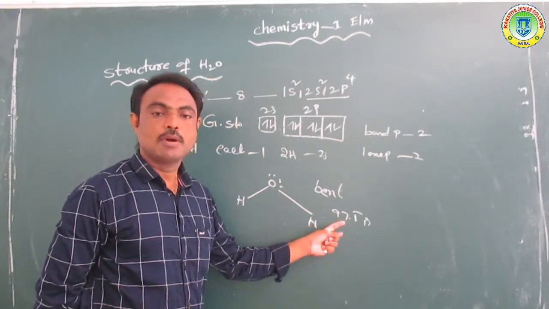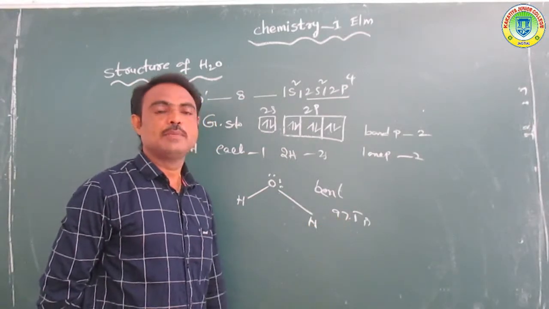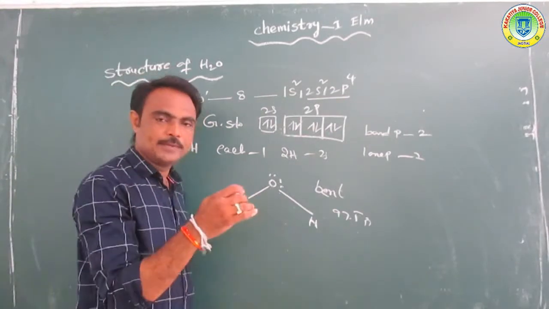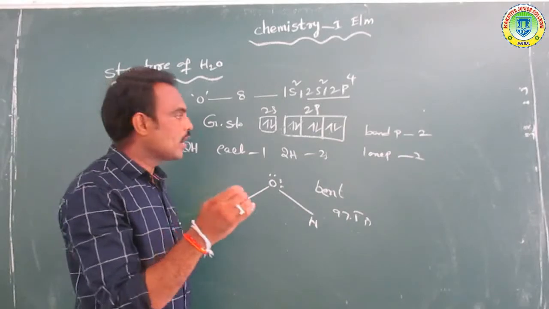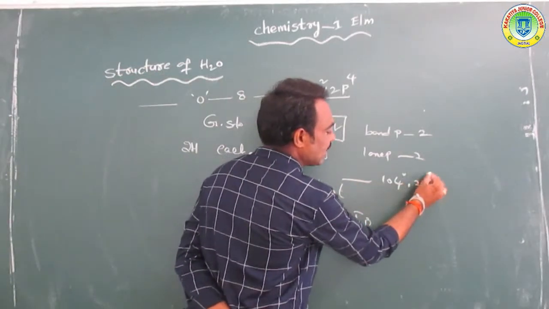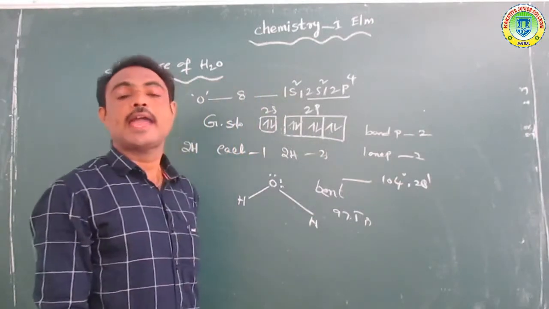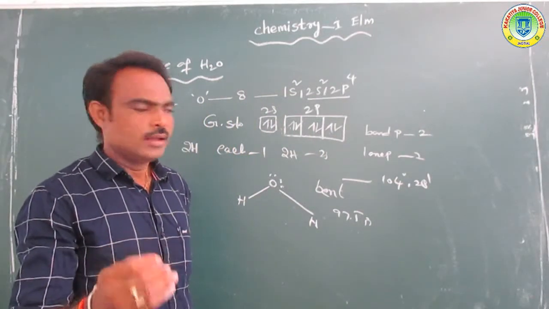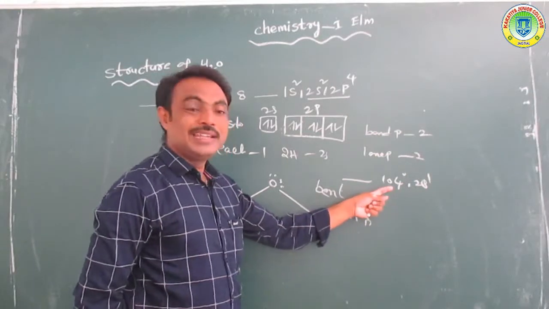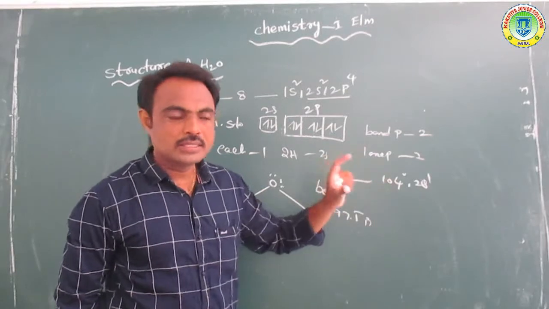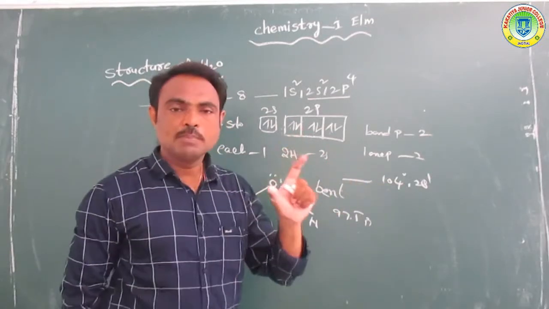How much is the bond length? 97.5 picometers, and at the same time it has a 104°28' bond angle. The bond angle decreases because of repulsion between